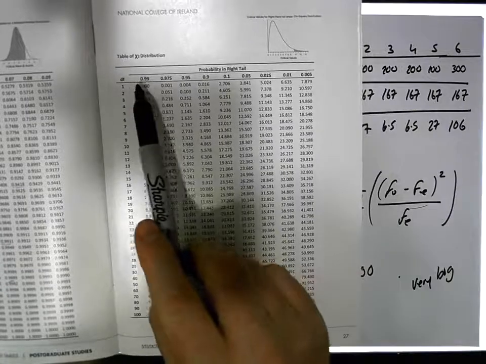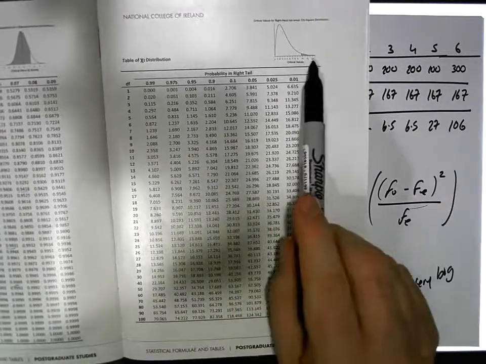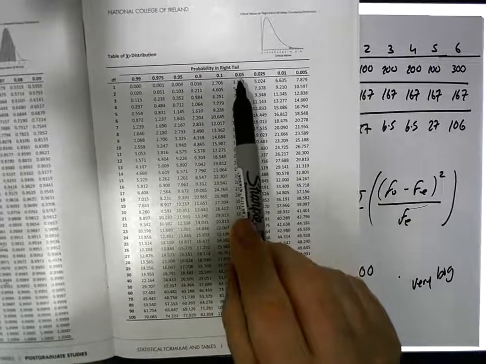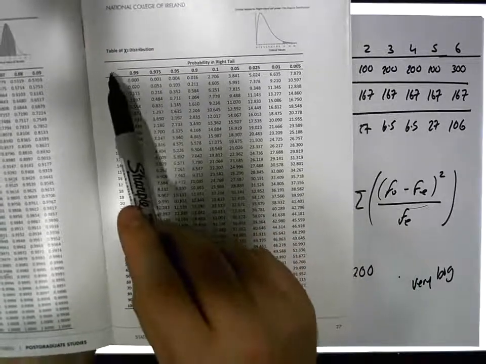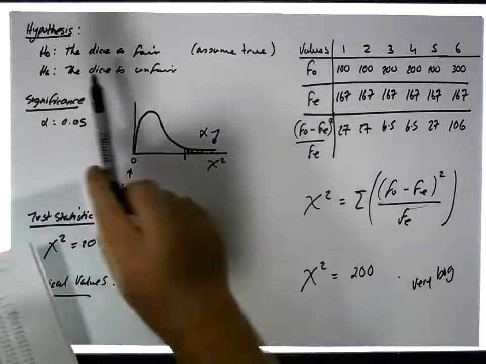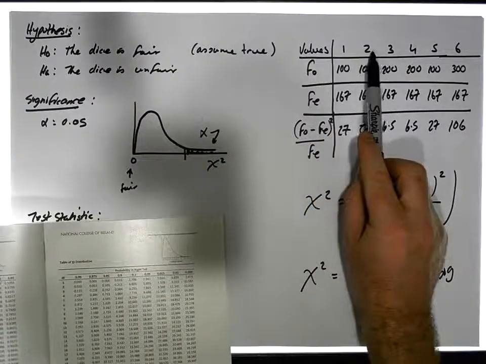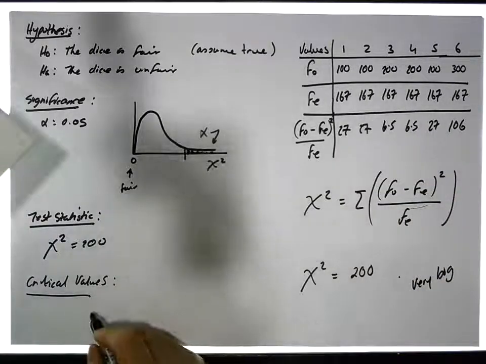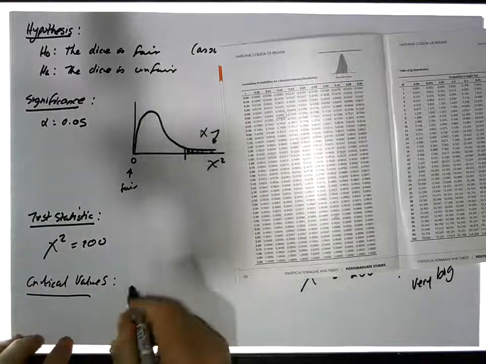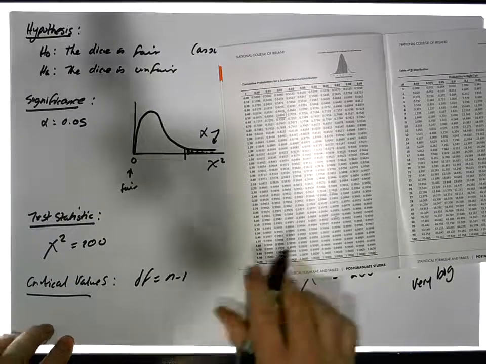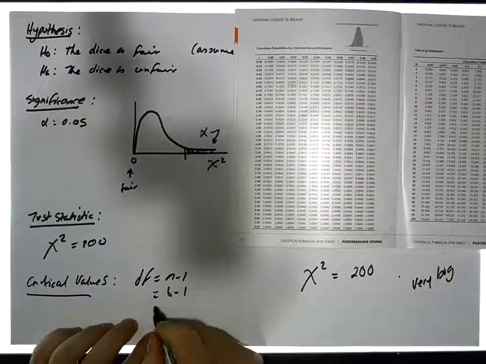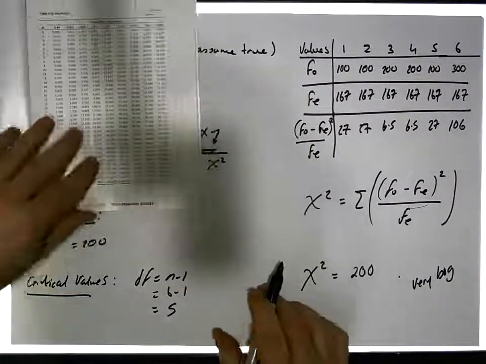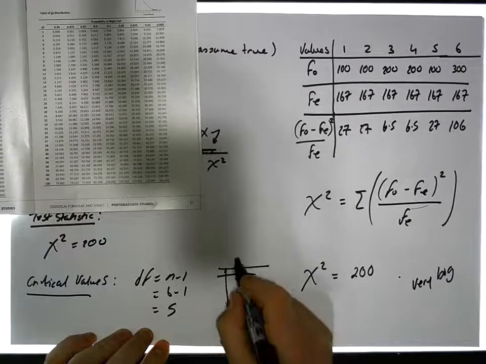Across this row is how much area we've put in the right-hand tail. We're going to put all of our area in the right-hand tail, 0.05, so I'm in this column here. Our degrees of freedom is how many levels there are associated with this process, and there's 6. So our degrees of freedom is n minus 1, which is 6 minus 1, which gives us 5. So when we go to the chi-square tables,